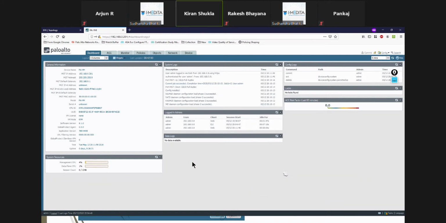One more thing, while going through the process, I have seen that each and every location has two firewalls. One will be in an active state and one will be in a passive state. So if anything happens to firewall A, it will switch to firewall B. How is that done?